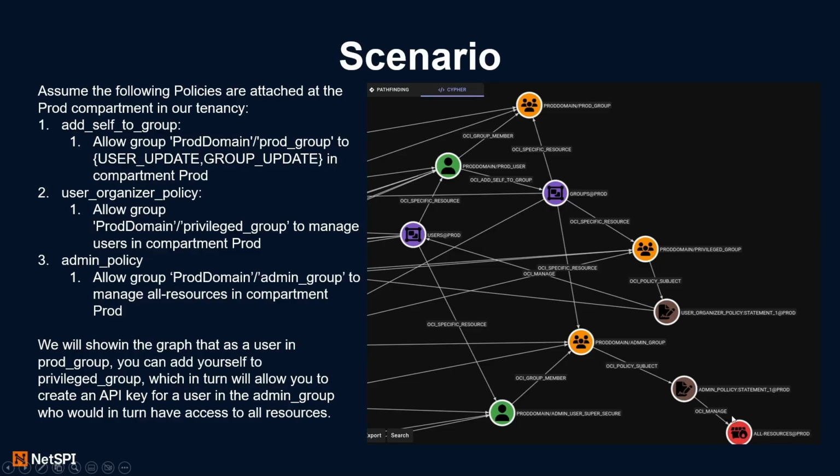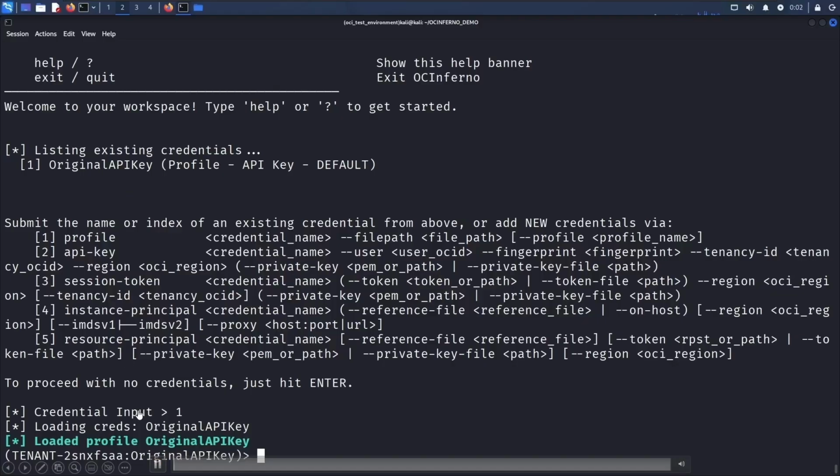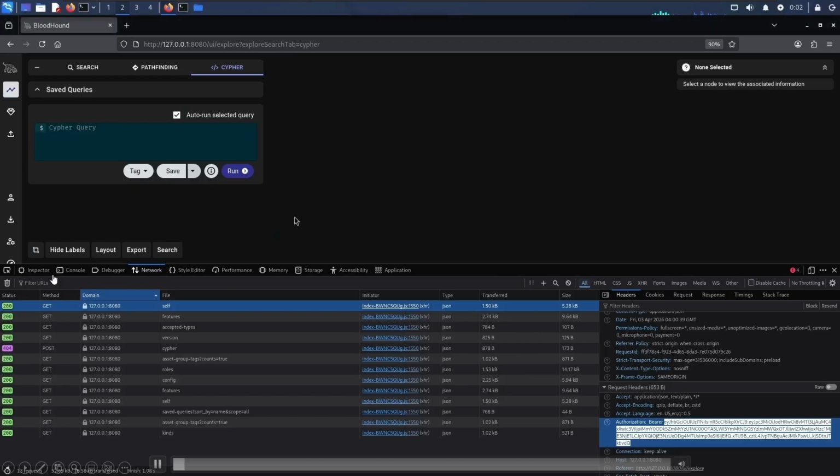That's like administrator access basically at that compartment level. So to summarize, we start here at prod user, we jump to groups, we then jump to privilege group, we then jump to this policy, we then jump to users, we then jump to the specific user, that specific user is in a group, that group is part of this policy, that policy gets you access to all resources.